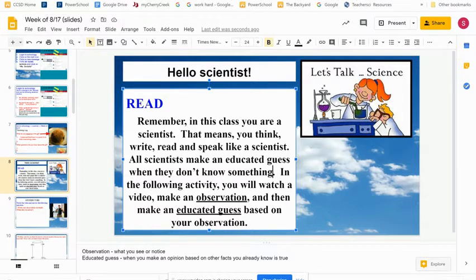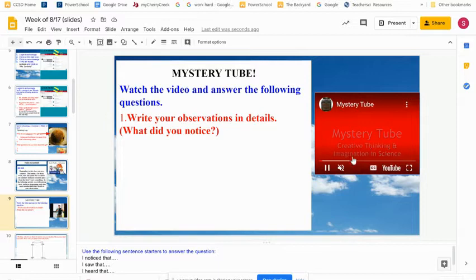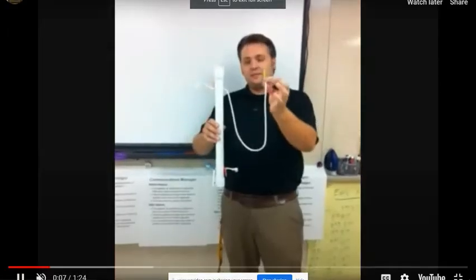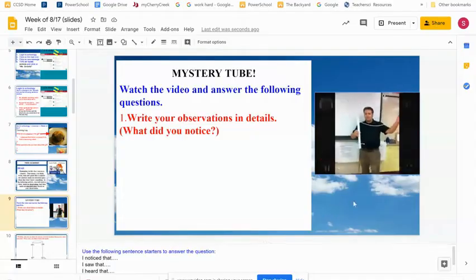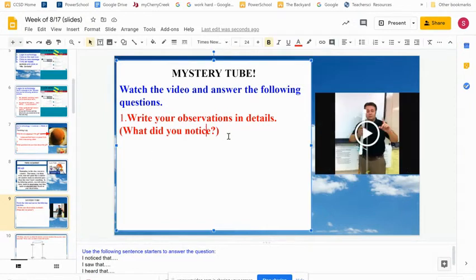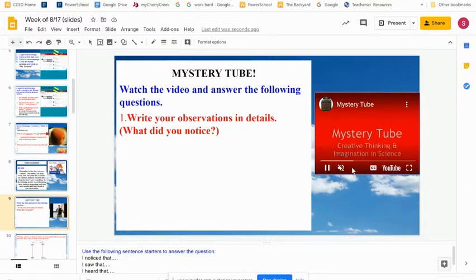Next thing we're going to do is, you're going to watch this video. So you can click on the play sign right here, and you can make it bigger by clicking on this little sign, or you can press escape and get out of it. But as you're watching, I want you to write down your observation here. You can always pause the video and write down, what are you noticing? What are you seeing? So for example, I watched this video already, and as you watch this video, let's say for example you're watching this video,